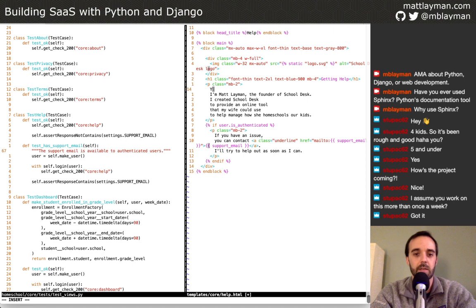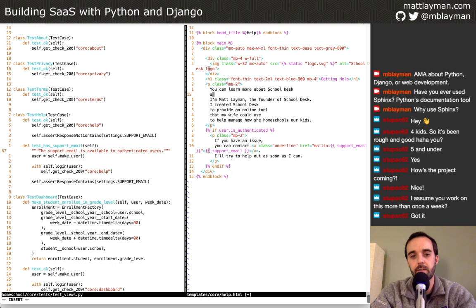Let's see, what should we say? You can learn more about School Desk at the help documentation, or with. Let's see how that goes. Let's make another link here with an underline and an href. Again, this is like documentation that exists outside of the Django realm, so I need to hard code the URL,